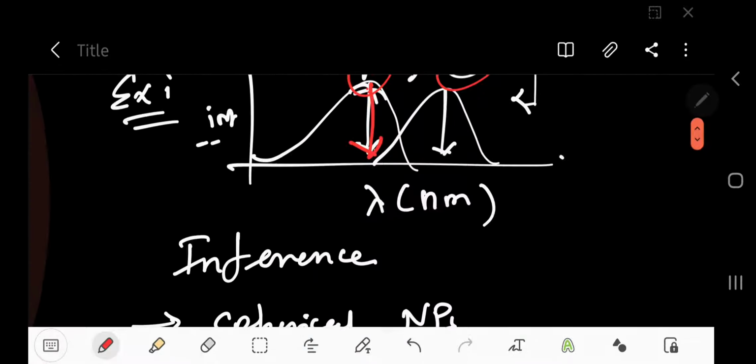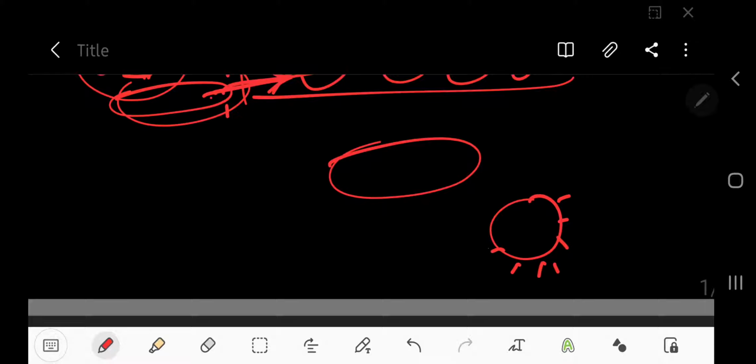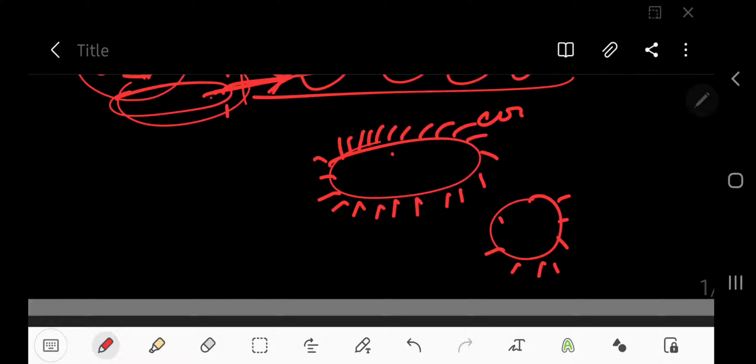Now if there is a carboxylic acid functional group, and you compare rod and spherical, the spherical will have less surface area than the rod. I am talking about the available area. There will be more atoms exposed in the case of the rod. It is elongated compared to spherical, so more active atoms and more active functionality will be present on the surface. Now there will be COOH and there will be COOH.